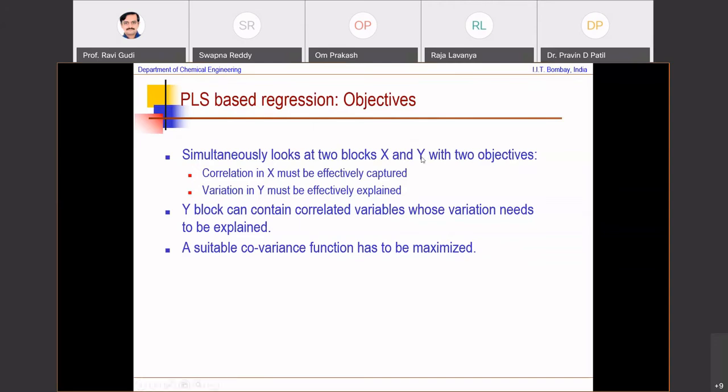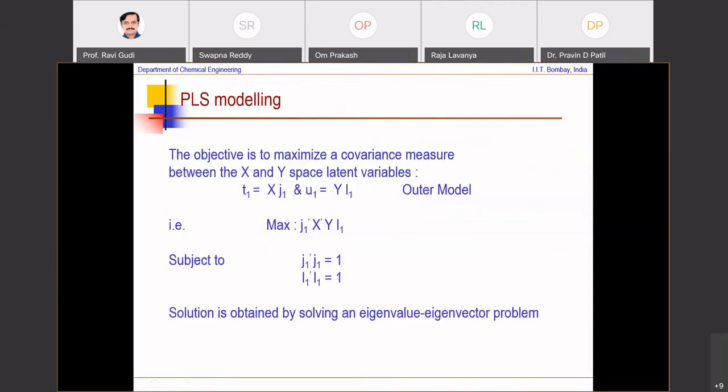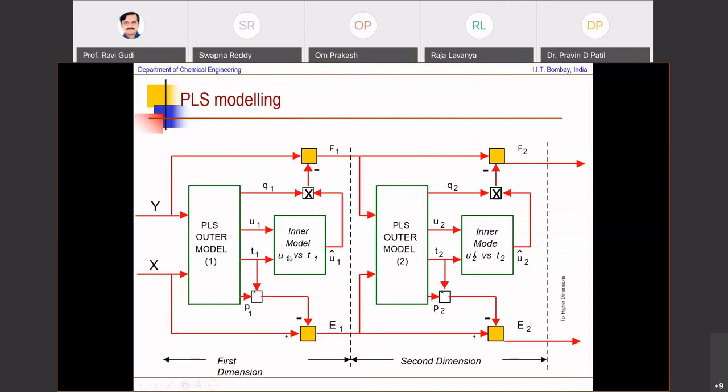If it is not linear, obviously, this inner model can well be a neural network. It could be a polynomial regression. It need not be a linear regression. It could be a neural network and the like. So PLS is also used in conjunction with a neural network, in which case it's called NNPLS, a neural network-based PLS. Or it can also be called poly-PLS, a polynomial-based PLS. And in MATLAB, there are several demos that can show you how.